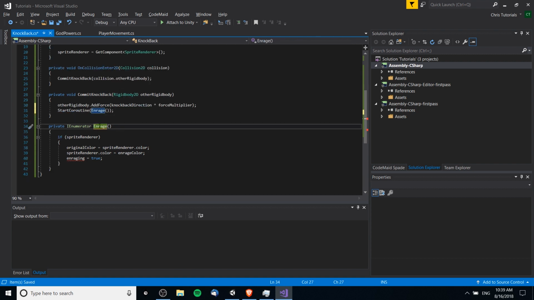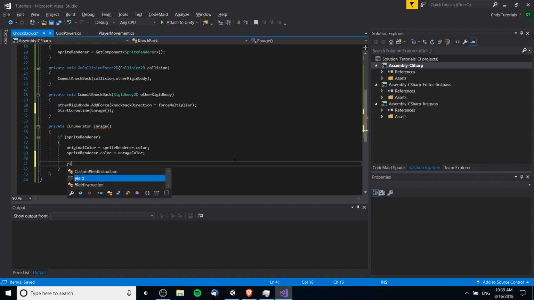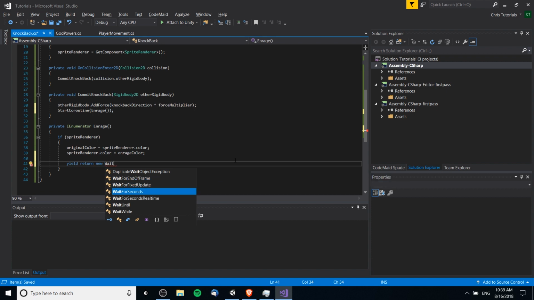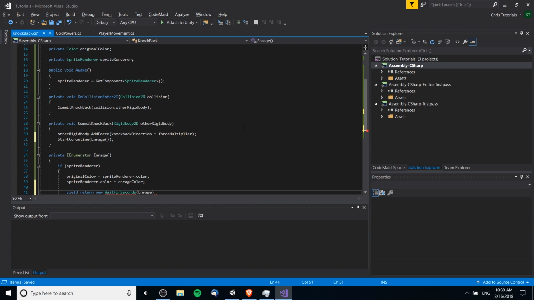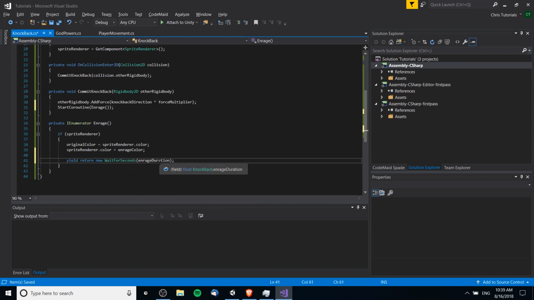Now this isn't a true coroutine yet, because there is no returning of a value. It has to either return null or yield return when we want it to pause and do other stuff. And where we want that to happen is going to be right here. So I'm going to do a yield return new WaitForSeconds. And this is where we're going to take that enrage duration, which in this case is 0.1 seconds up here by default. So it's going to essentially wait for 0.1 seconds, and then it's going to come back into this script, and